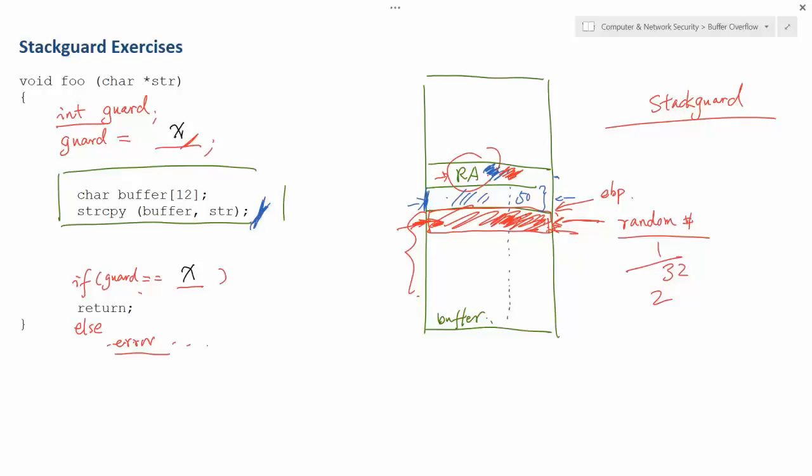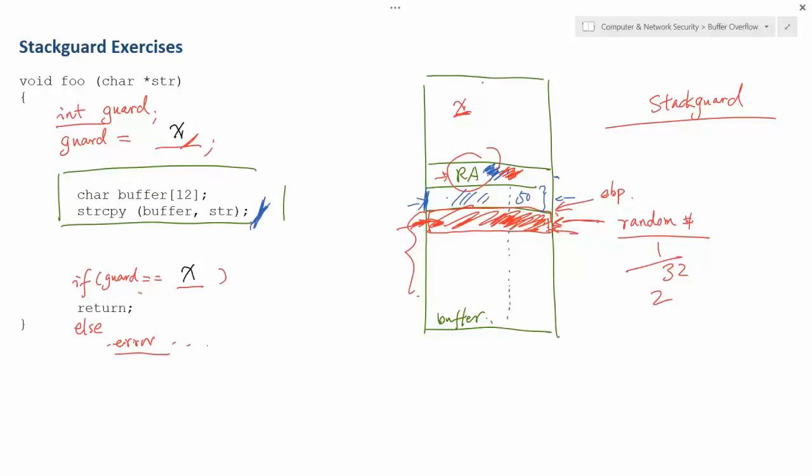The BSS segment. BSS, okay, very good. So we need to store that in a different place, not on the stack. You should never store this x on the stack anywhere. What if I stored x here? Would that work? No. It's not going to work because when I overflow this, I will overflow this area as well. As long as I make this value and this value the same, I can defeat your protection. So I cannot put this x anywhere on the stack. So when you say the BSS, what kind of variables are stored in there? Static variables, global variables, right?